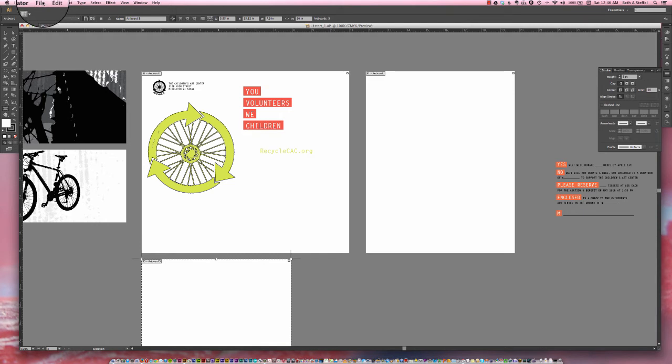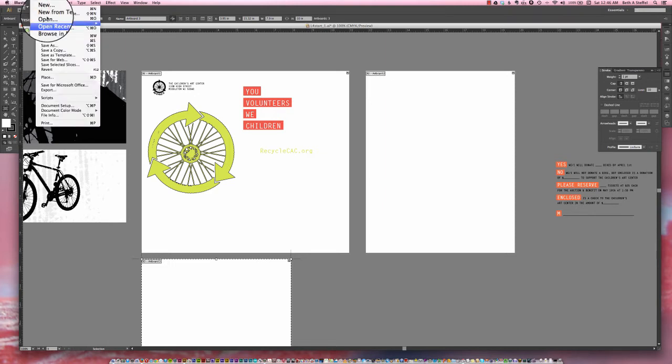It's a habit that I do at the beginning of my work day, even if I'm working on an ongoing project. I'll do a Save As version so that if something happens to my file, if it gets corrupted, or the work that I did that day wasn't what I wanted, I always have something to go back to. So I'm going to go ahead and say File, Save